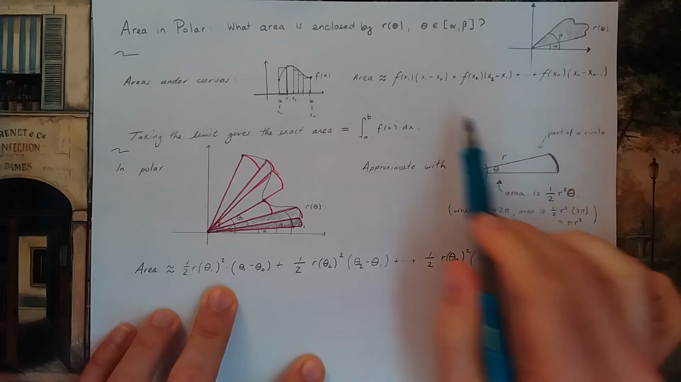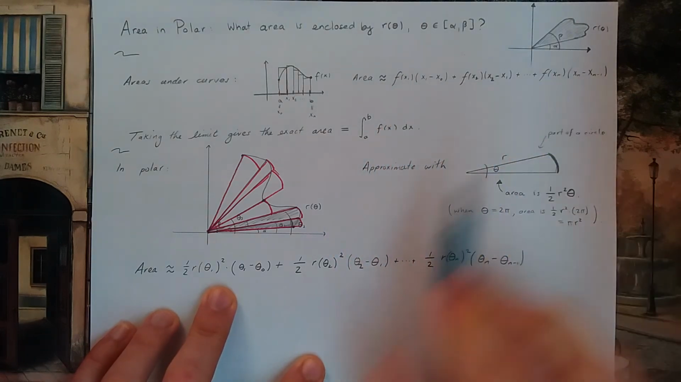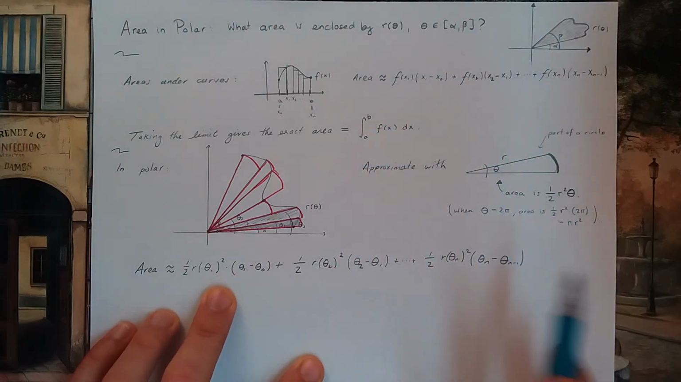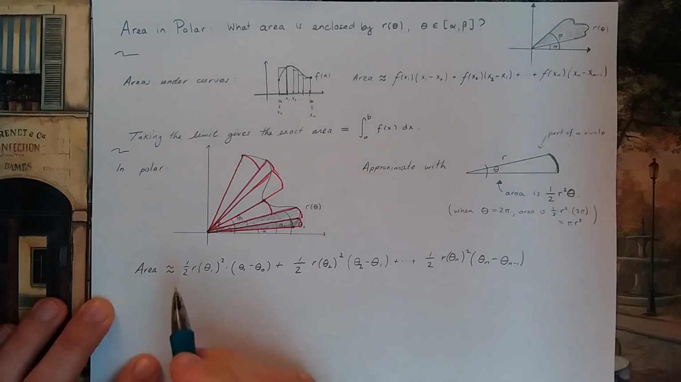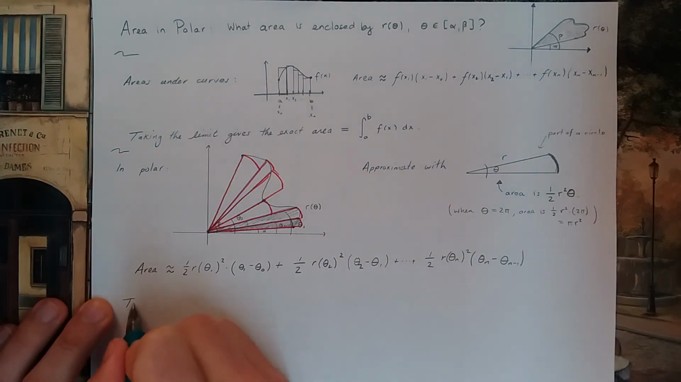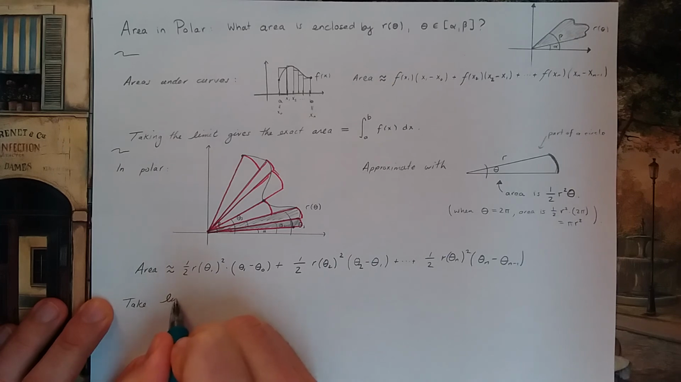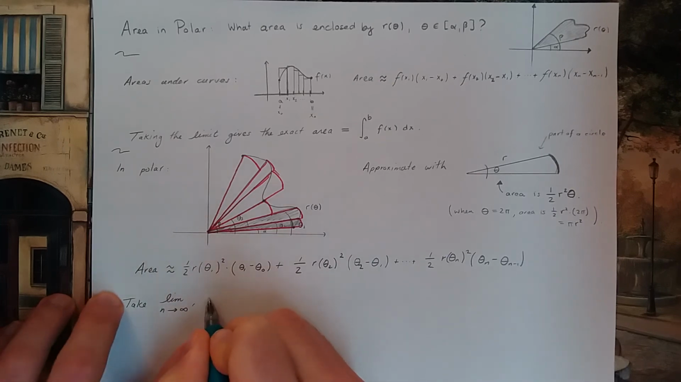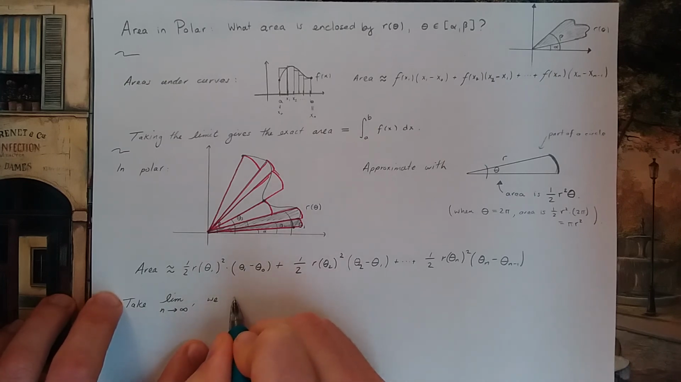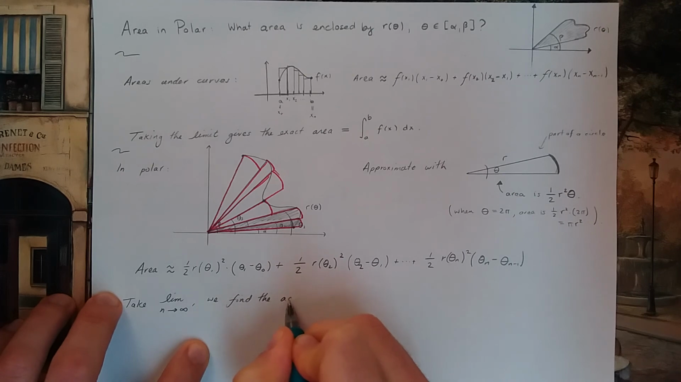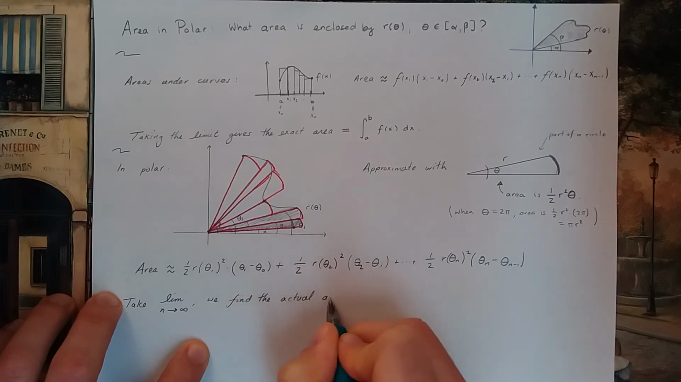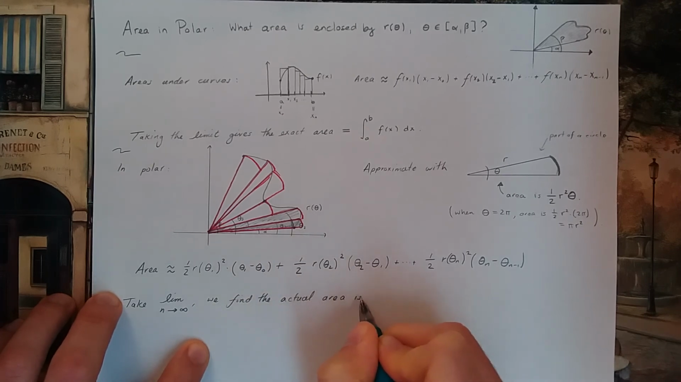Can you see the parallel between what we have here and what we have here? That's the approximate area. If I take the limit as the number of slices goes to infinity, we find the actual area. The actual area is